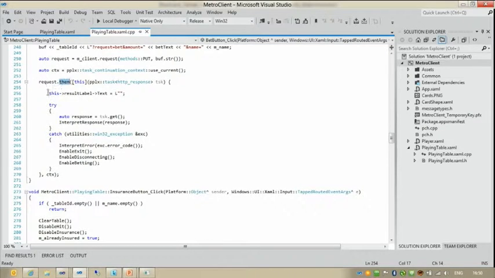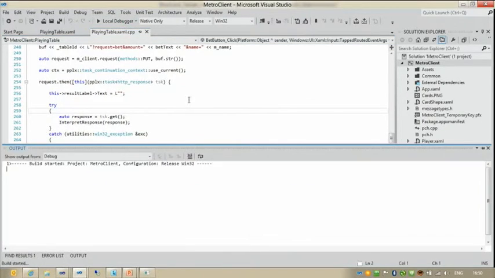What we do is some manipulation of text on the screen. We get the data out of the request task, interpret the response, and do some more manipulation. It shows cards on the screen, and then we're done and go back to waiting for more user input.